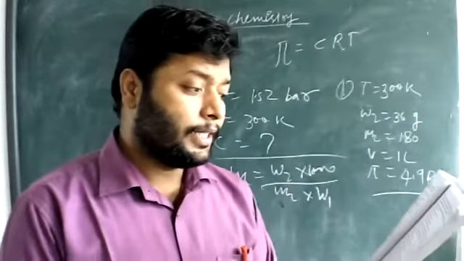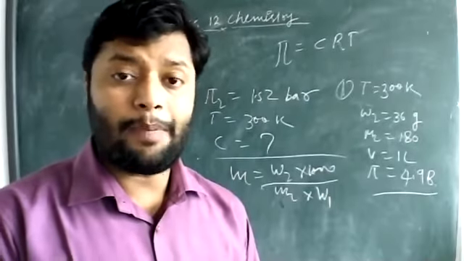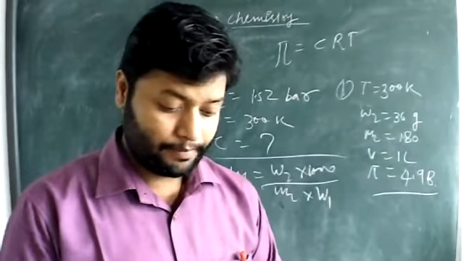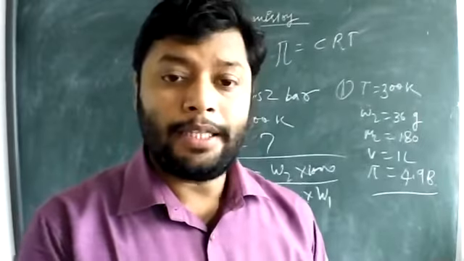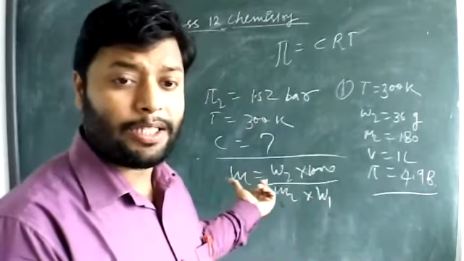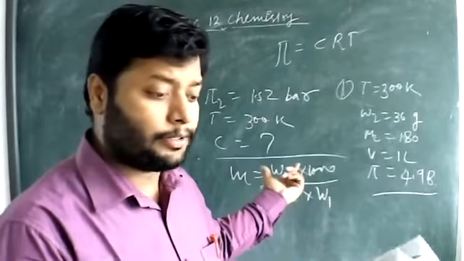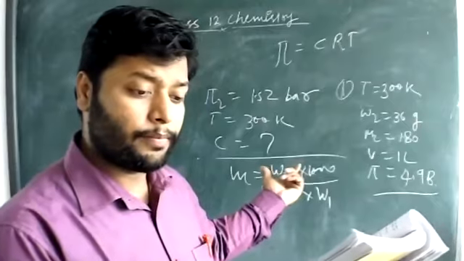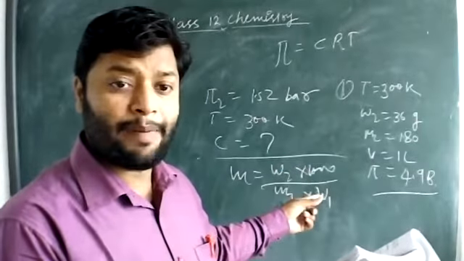So the question is, the density of lake water is given and it contains 92 gram of sodium ion. That will be the value of W2. Sodium ion, because we have to calculate the molality of sodium ion. So the mass of sodium ion given is 92 gram per kg of water. W1 is given per kg.